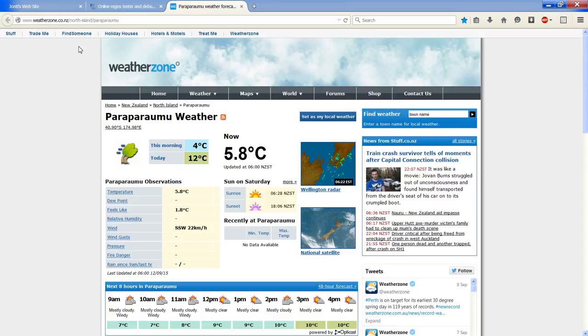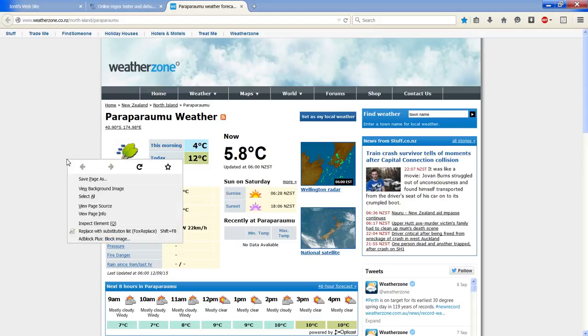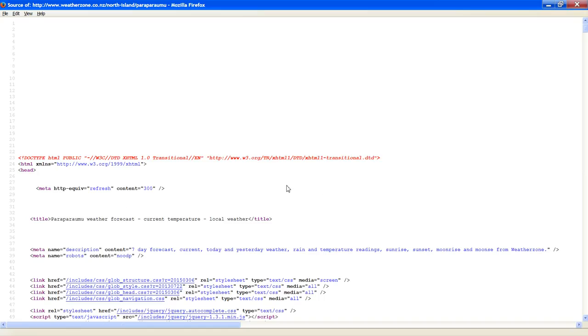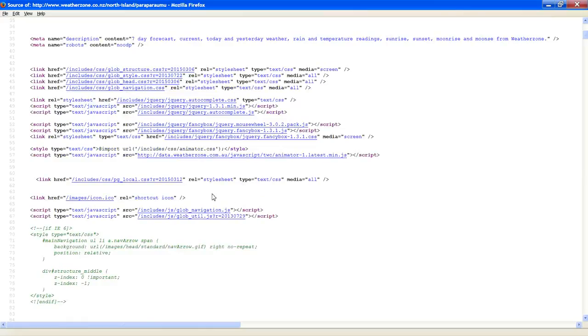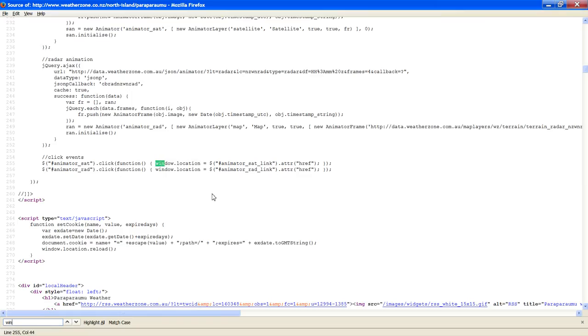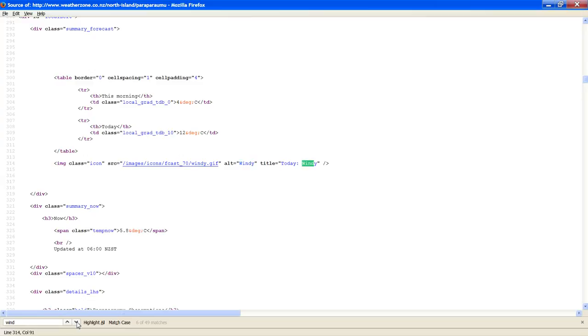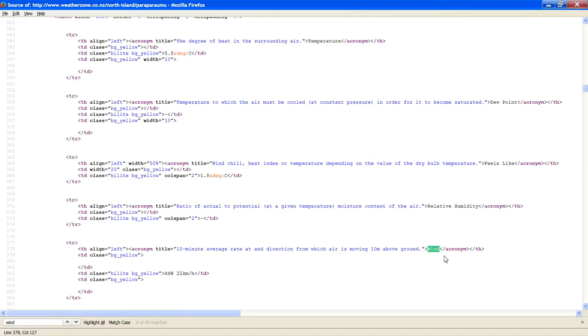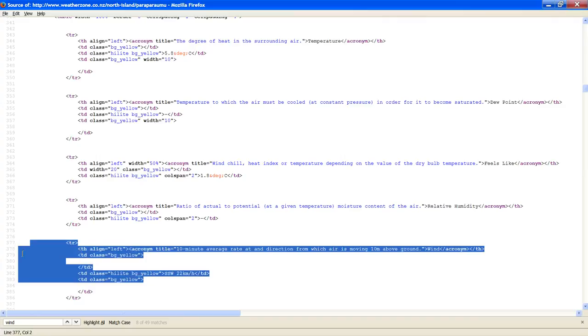For me, I can go to a website like this, which tells me what the wind speed is: south-southwest, 22 kilometers an hour. I can go to View Page Source in Firefox, and then I can go down to wind. Unfortunately, you get Windows. But eventually you'll find wind acronym. So you can see here it is. So what you can do at this point is you can copy the